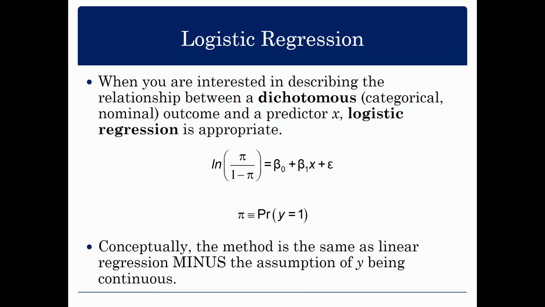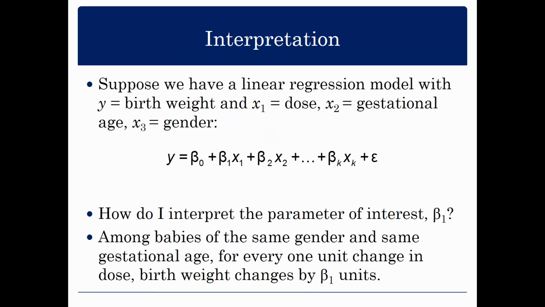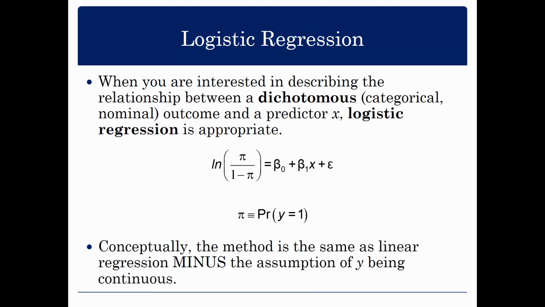When you're interested in describing the relationship between a binary outcome, so Y now is no longer gestational age. Now maybe Y is whether or not an individual responds to treatment, whether or not they die. Then we apply logistic regression. Notice this is the functional form of logistic regression, and it looks a lot different than linear regression on the left-hand side, but it looks identical to linear regression on the right-hand side, because the only difference between the two